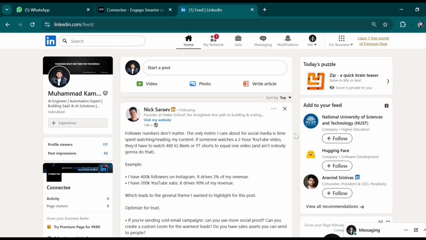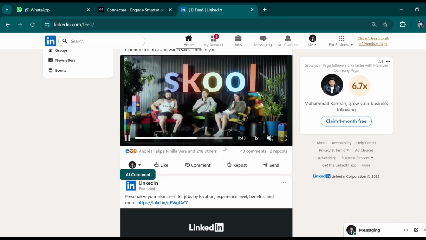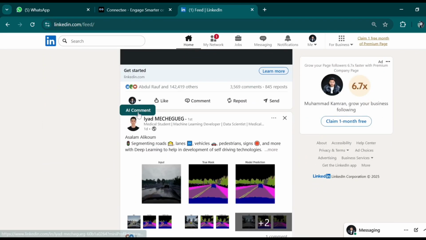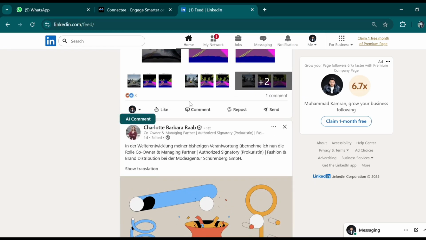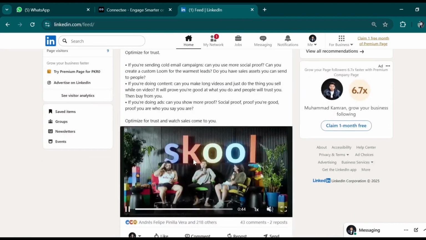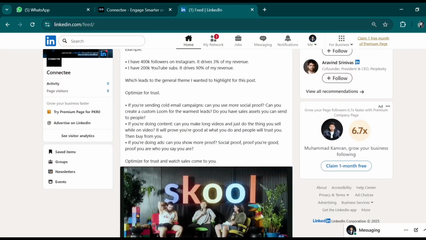When you scroll LinkedIn, you will get this AI comment button in every post. After enabling this extension, you will get this AI comment button in every post. Suppose I want to comment on this post, so I'll use that AI comment feature.